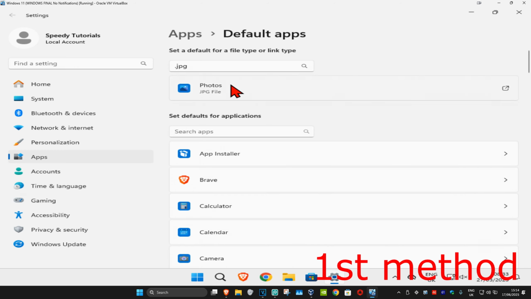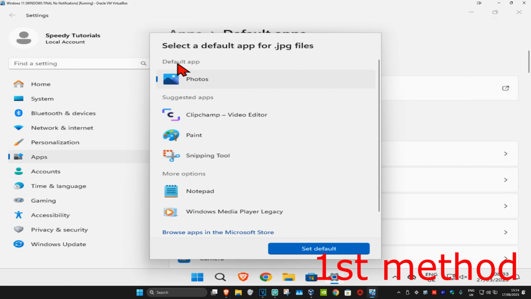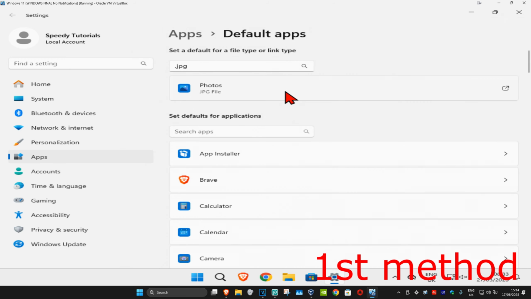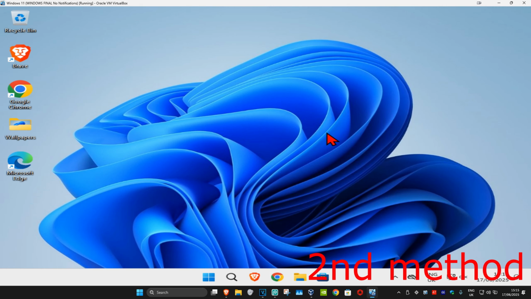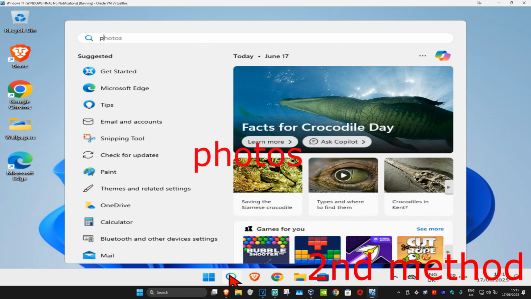You want to click on this. Make sure that you have the default app set to photos. And then click on set default. See if that works for you. If that's still not working, then for the second method, you're going to head over to search and type in